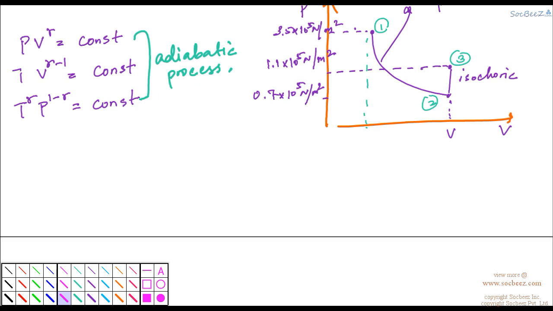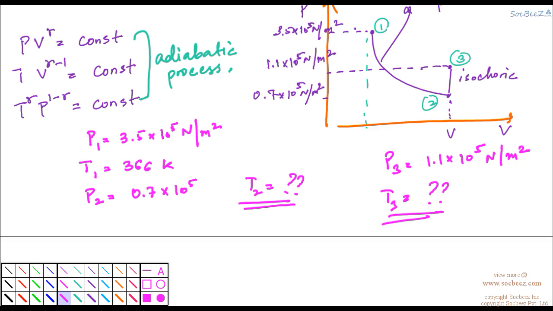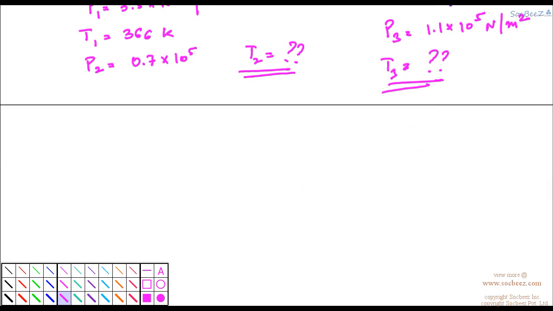Right. So what we are given is basically P1, which is 3.5 into 10 raised to power 5, T1, which is 366 Kelvin, P2, which is given to us as 0.7 into 10 raised to power 5, and the temperature T2 we don't know, that we have to calculate. Pressure 3 is 1.1 into 10 raised to power 5 Newton per meter square, and temperature 3 we need to find out. So using these equations, if we get T2 and T3, we can calculate the molar heat capacities, because